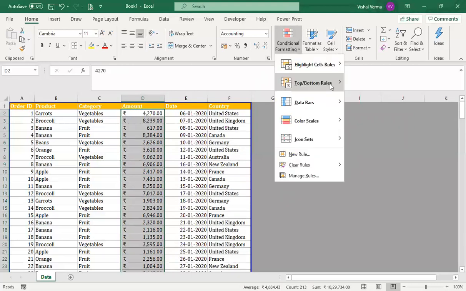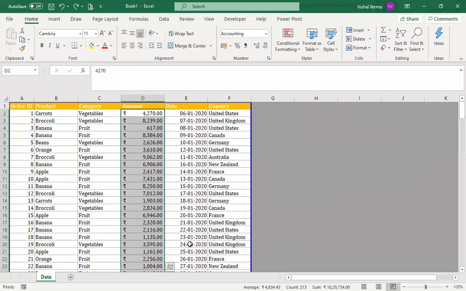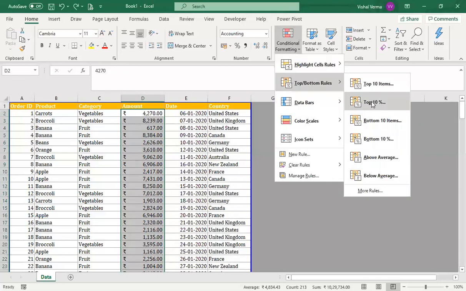Okay. But in case of 10%, it will be calculating the total out of the number of items. Say for example, we have the number of items as 200. Okay, so 10% of 200 is 20. So it will be taking 20 items in the top 10%. In case of top 10 it was only 10 items. In case of top 10%, it will be taking the top 20 items.